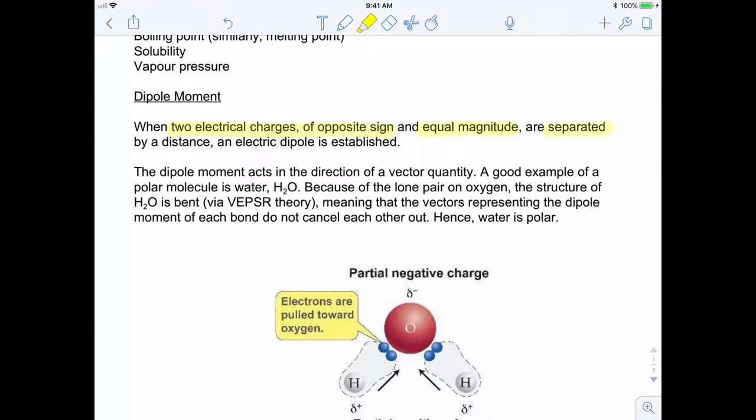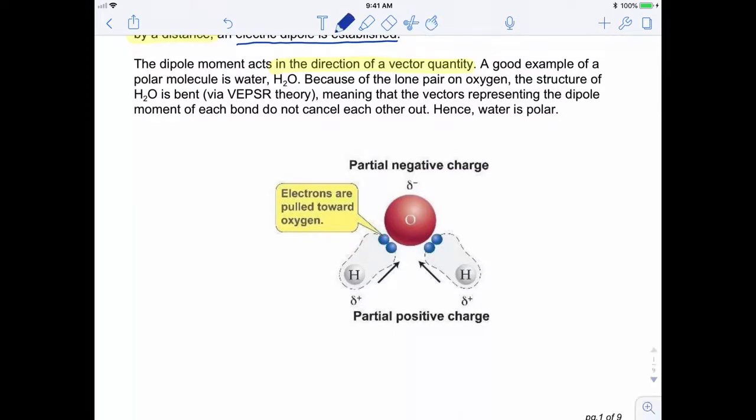So firstly, dipole moment: two electrical charges of opposite sign and equal magnitude separated by distance. This is a vector quantity, and what it does is establish what's known as an electric dipole, or charge separation. As it's a vector, it has direction. And so a good example of this is the polar